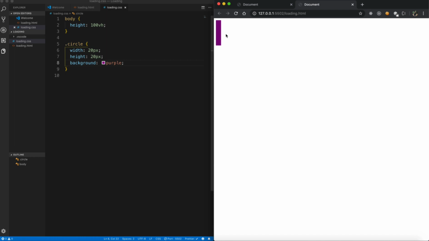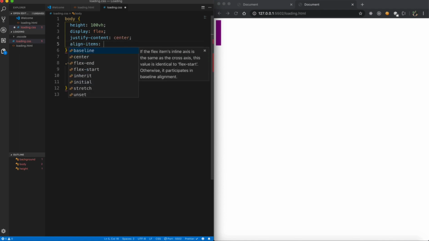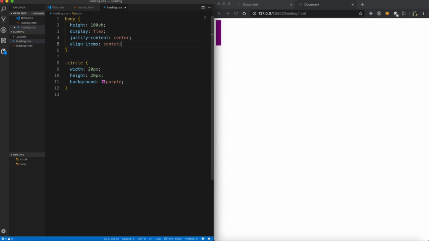So we have this entire thing stacked on top of each other in sort of one column, and we need to actually place this in the center. Also, we want this to be in a row fashion. So first, let's actually place this entire thing at the center of the screen. So for that, I'm going to give my body a display flex, right? And in order to align it to center, I'm going to say justify content center as well as align items center, so that I can align it to the center both horizontally and vertically. So now it's at the center of the screen.